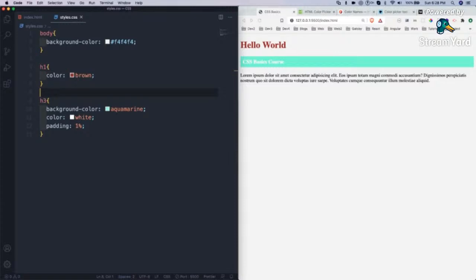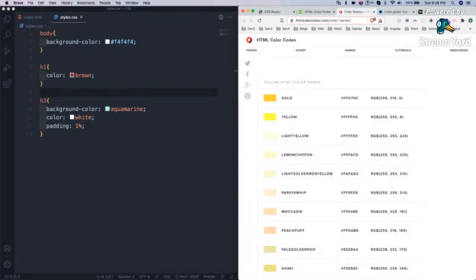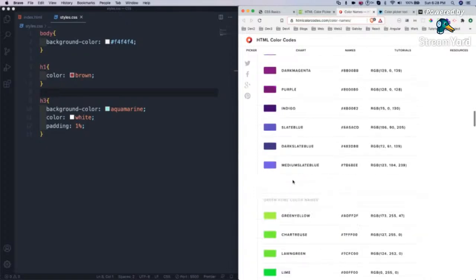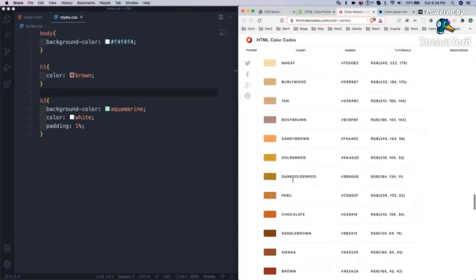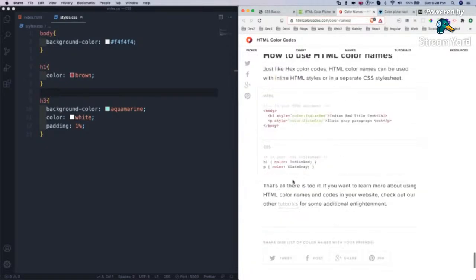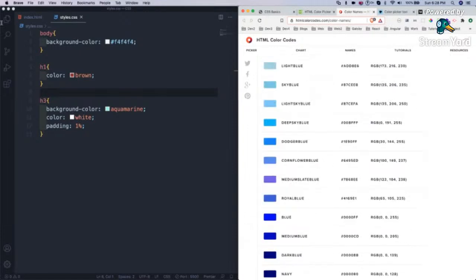There are actually 140 color names in HTML5 which we are using right now. There is a site which will give you all those 140 names, all the colors which are possible. So let me give this also.